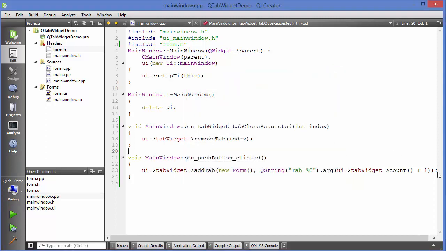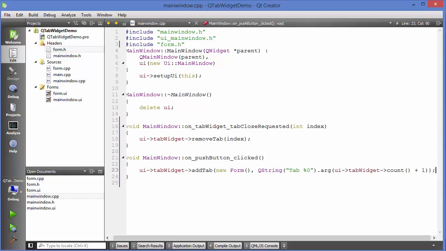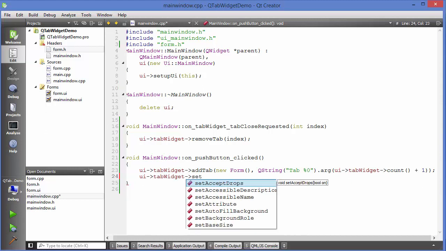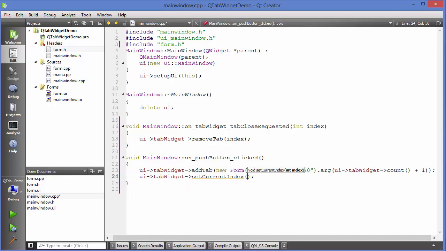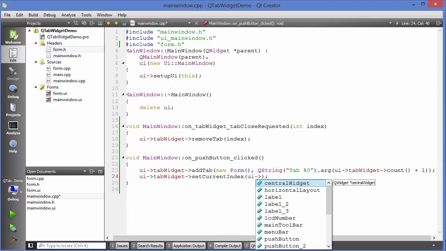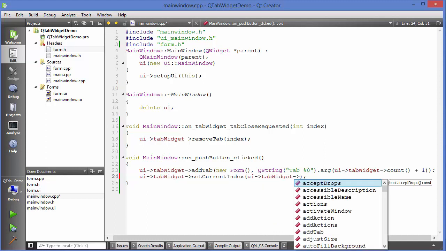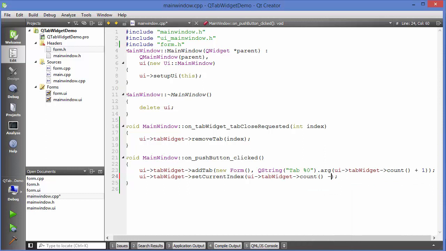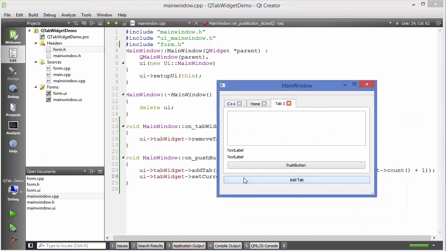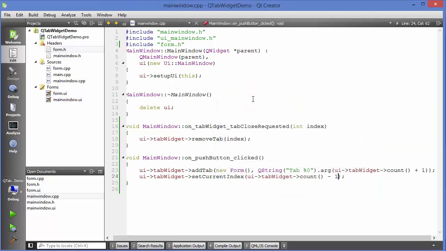So what I can do here is I can just go here, and I will just write ui tabWidget, and then I will say setCurrentIndex, and the current index will be ui tabWidget count. So just use count and then minus 1, right? And then run the code, and let's see what happens. So when we create a tab, it should be selected. So you see it's automatically selected current index, right? So like this. Okay, so in this way you can use